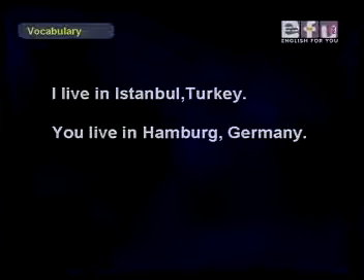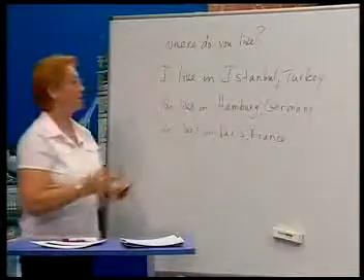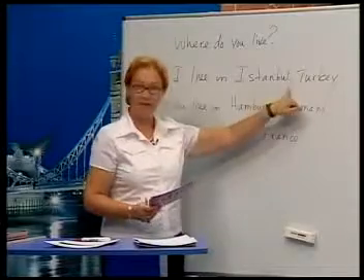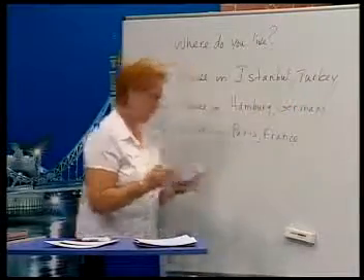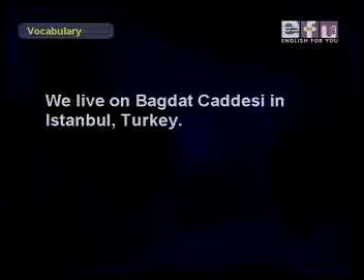You live in Hamburg, Germany. And he lives in Paris, France. Where do you live? I live in Istanbul, Turkey. You have to have a comma here, though. Okay, another example. We live on